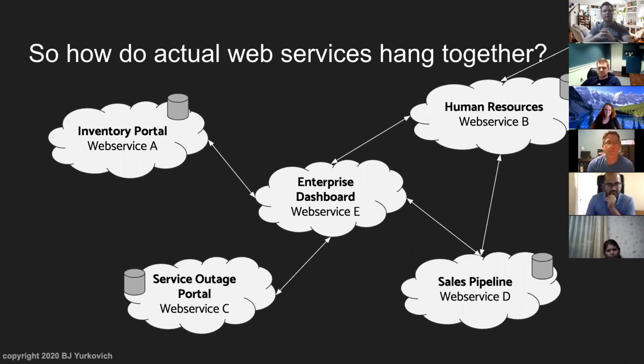You've got your inventory, you log in to your enterprise dashboard, you've got your service outage, all that kind of stuff, and sales pipeline, stuff like that. They're all communicating all around. Well, most of the time, those are just either, hopefully, RESTful APIs. Not as many as we'd like, unfortunately, even though it's been around for many years. Some of them are SOAP, XML SOAP. We'll talk about that a little bit. Some of them are some custom thing that was made back in the 90s.